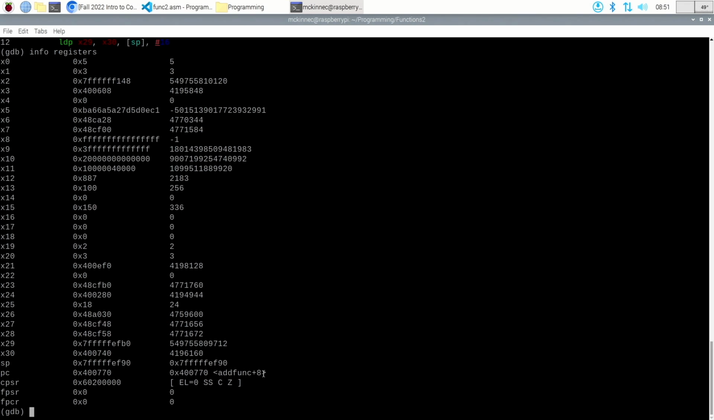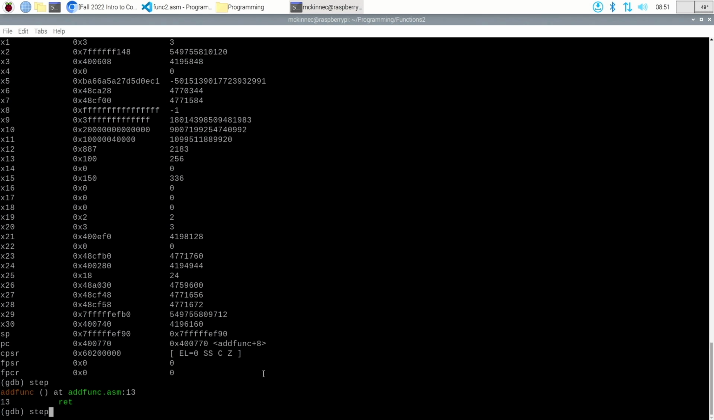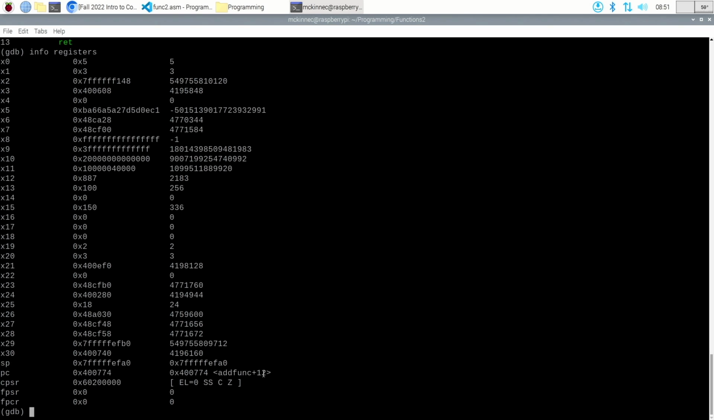So, the program counter increments basically to load the address in memory of the next instruction. If I continue stepping, I'm about to execute this ret instruction, and what's about to happen is that the value in X30 is going to replace the value in the program counter. What's in X30 is 740, and what's in the program counter is 774. If I step one more time,